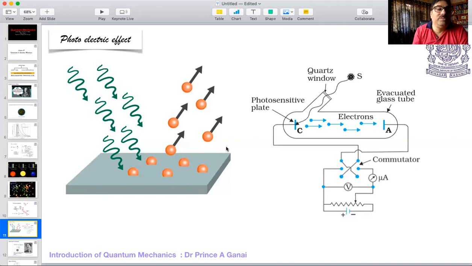The electrons utilize that energy, part of which is used for liberating themselves from the surface, and a part goes as kinetic energy with the electrons. So now we had experiments coming which completely tell us that